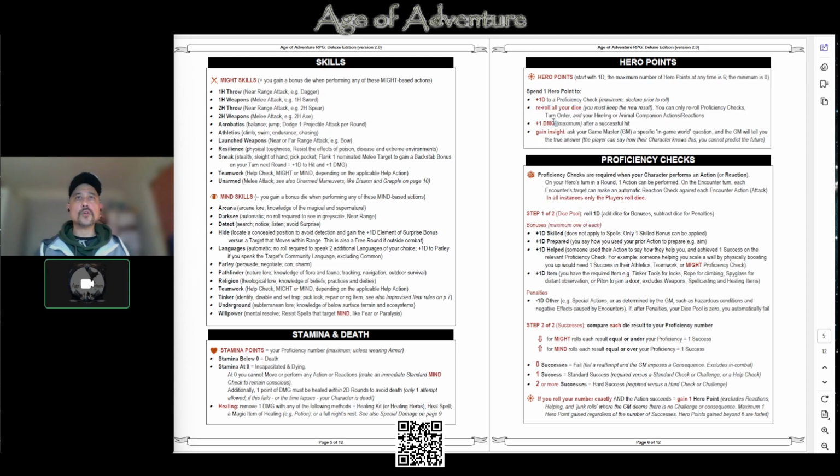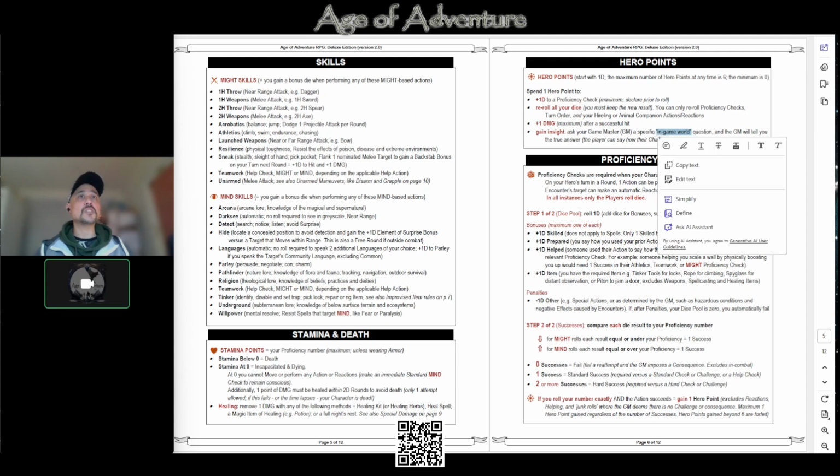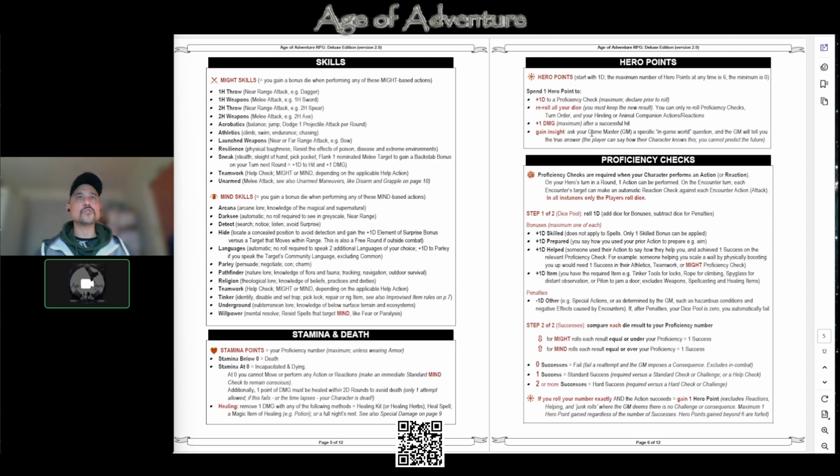They can use a hero point to add an extra point of damage after successfully hitting, or they can use a hero point to gain insight, and that's used, I guess, if the hero is particularly stuck or the party needs more information about some in-game world thing. They can ask a specific question, or the character that uses that hero point can, and the GM will tell you the truth. And in the game, it's as if the character has some knowledge of this somehow,